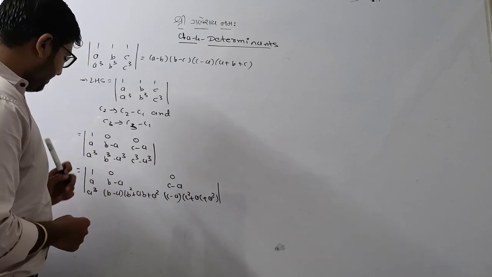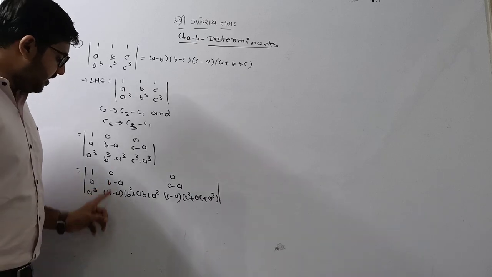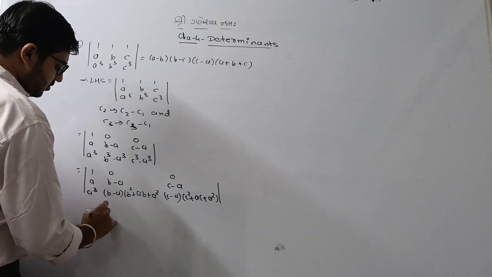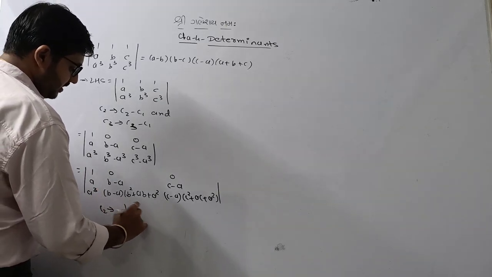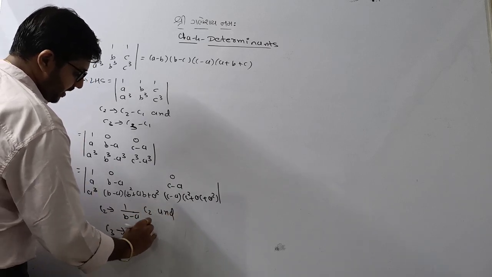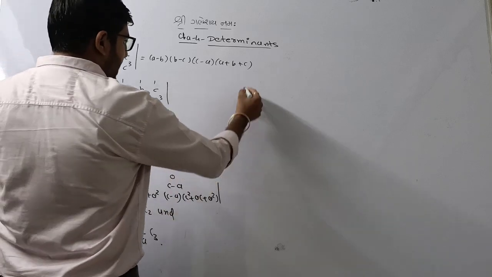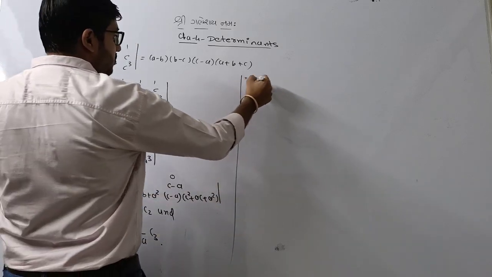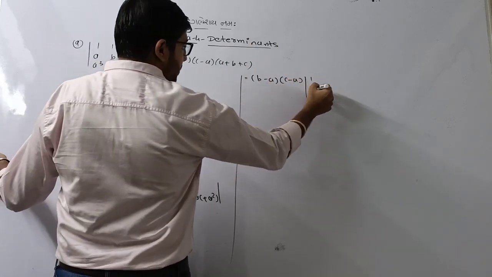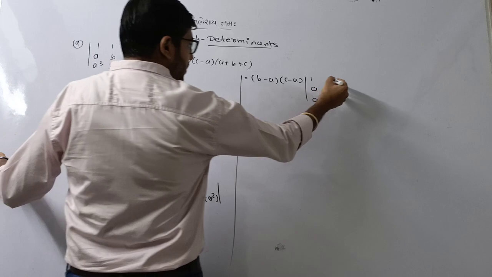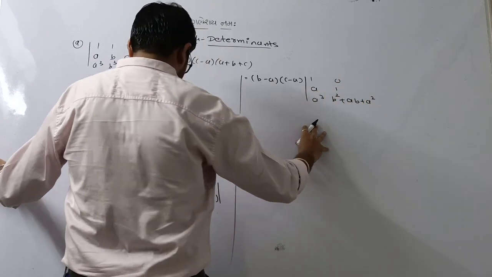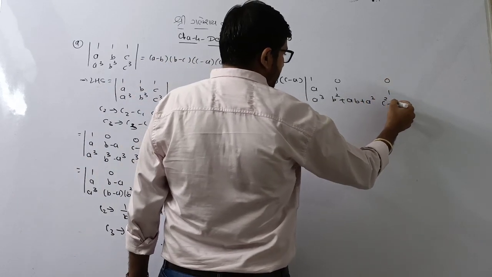Okay. Now we have b minus a common in the second column and c minus a common in the third column. So let us divide with it. C2 will be divided with b minus a and C3 will be divided with c minus a. If we apply these operations, we have to multiply with b minus a into c minus a. So it is 1, a cube; 0, 1, b square plus ab plus a square; and 0, 1, c square plus